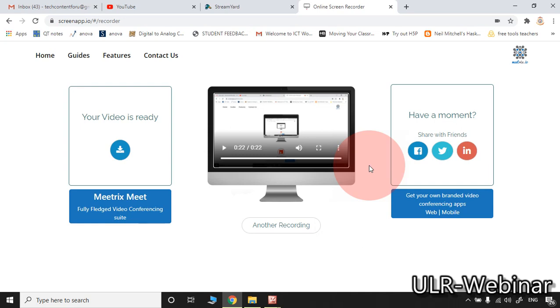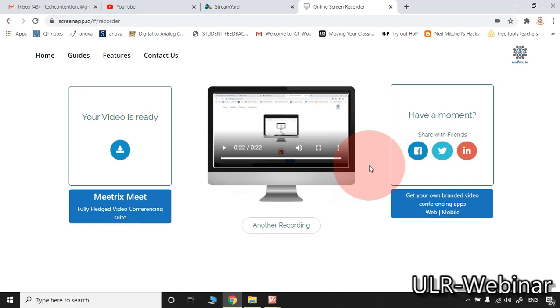You can do recording. There is no chance of adding a webcam here without downloading any software. Up to 15 minutes you can do recording by using this particular website.